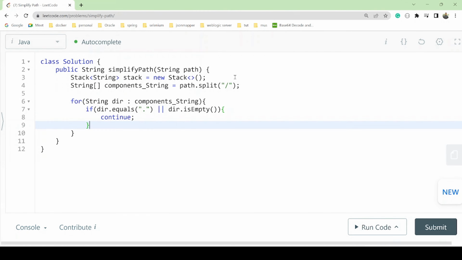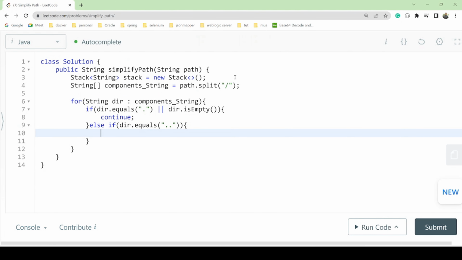Or if that is not the case, means else if, we have directory, and that directory equals double dot, like this. If we have this, in that case, what do we do? If the component is a, let's suppose, and we have a double dot,